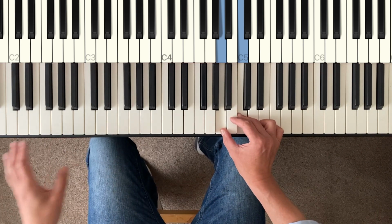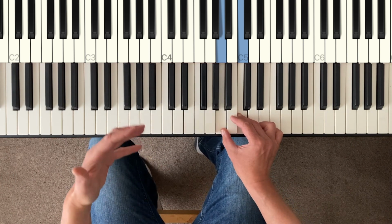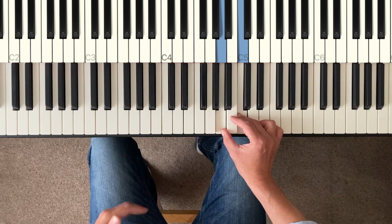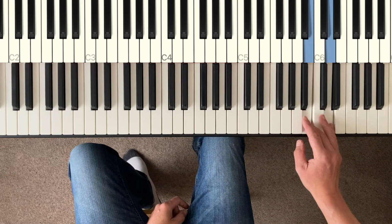In the early days of the intermediate course, and especially in the beginner's course, I marked in much more fingering. Now I'm trying to kind of step back and mark in less, let you work it out for yourself and not clutter up the score with lots of fingerings. Now, if you look at the way I fingered that run,